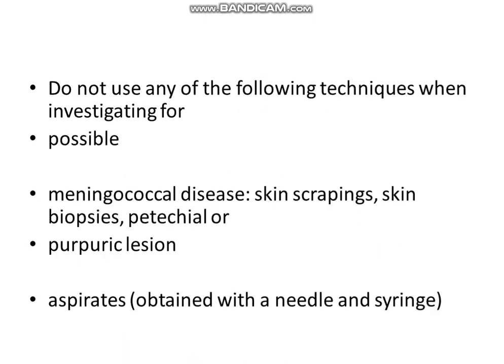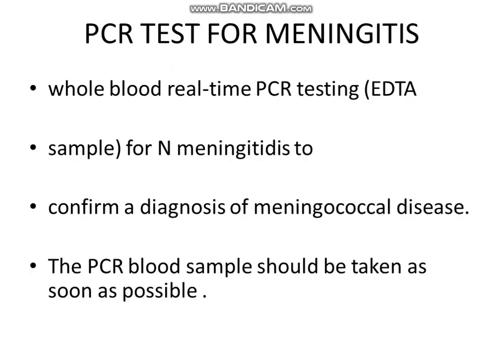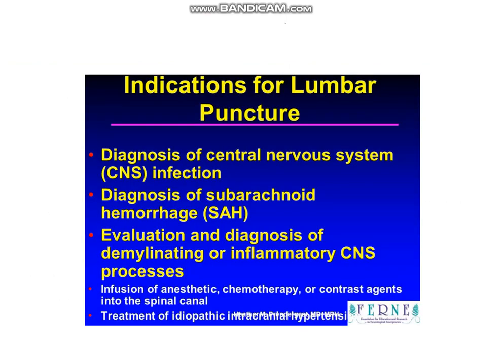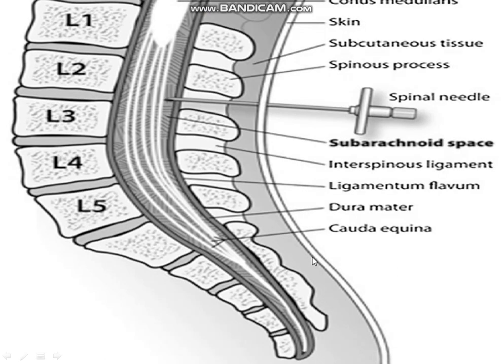There is no need for skin scraping or skin biopsy of petechial purpuric lesions; blood culture or CSF culture or PCR test for meningitis is needed. Lumbar puncture is indicated for diagnosis of central nervous system infection, subarachnoid hemorrhage, and demyelinating inflammatory CNS process. If a CT scan of the brain shows radiological evidence of increased intracranial pressure,